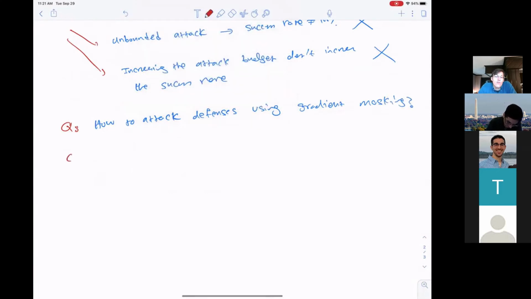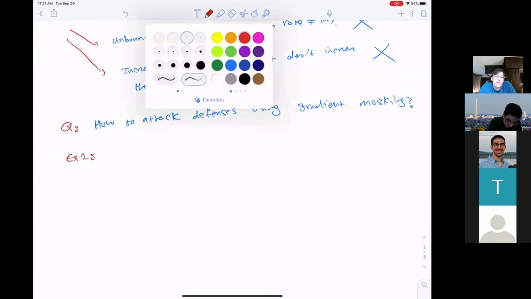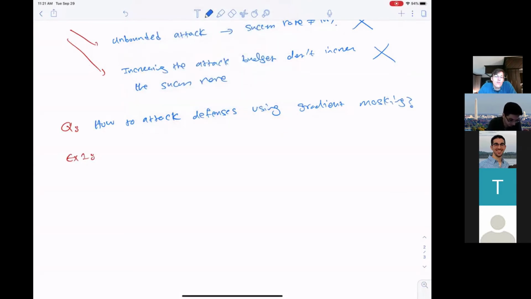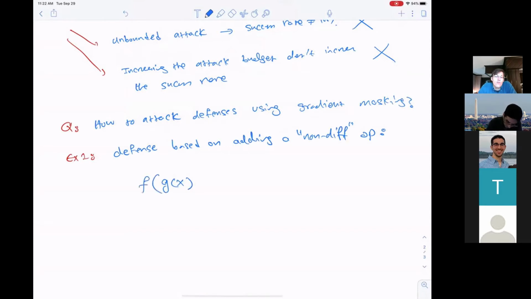Example one. Let's say your defense is based on adding a non-differentiable operator to your input. So in other words, let's say you have G, which is a non-differentiable, perhaps non-smooth function, and then you feed that G of X to your classifier instead of just X. And this is basically your new classifier, right? So here G is a non-differentiable, even non-smooth function,